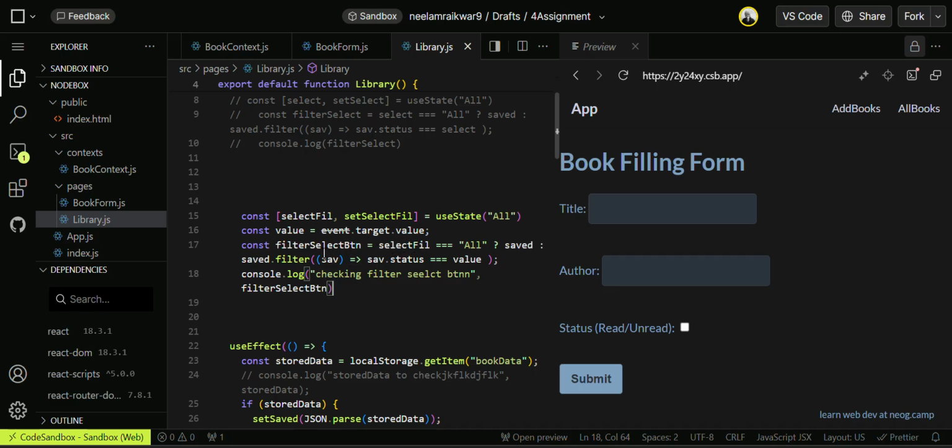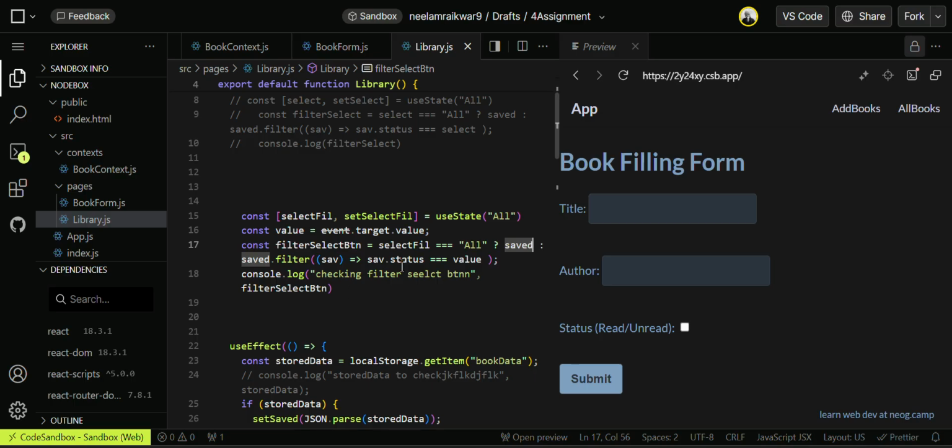Firstly, I have created this variable for the filter selection, and inside it I'm checking if select filter is equal to all, then show all the books which are saved in the saved state, else filter the books as save.status equal to value.